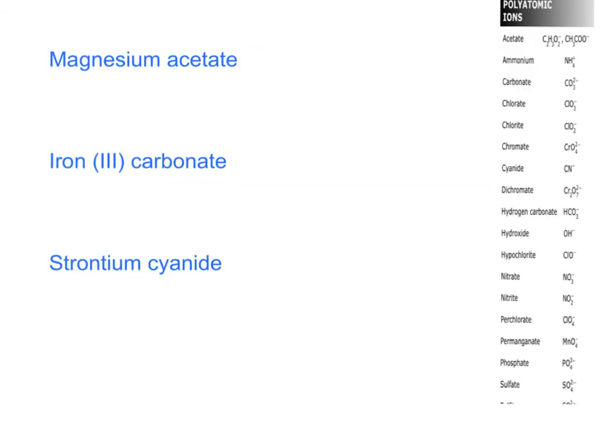All right, so let's go through a couple more examples. The first one we're going to do is magnesium. So we know that magnesium is Mg, and it's a 2+ because it's in group 2. Now we look at this back one, acetate. So I'm going to look over here. Here is acetate. And so the way we're going to write this is we're going to say